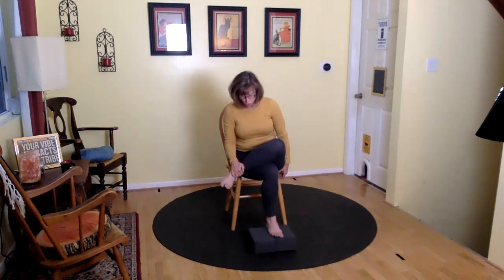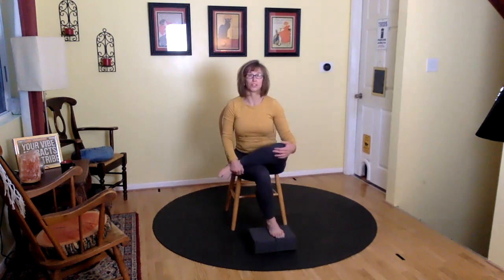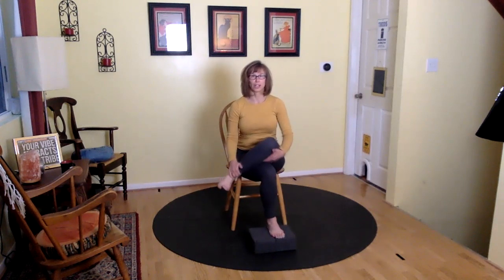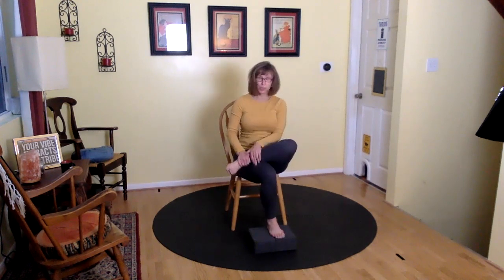So what you can do is draw your foot back if you want, or you can just allow your leg to be crossed on top of the other one. It's really whatever experience you want to have here. I'm going to allow mine